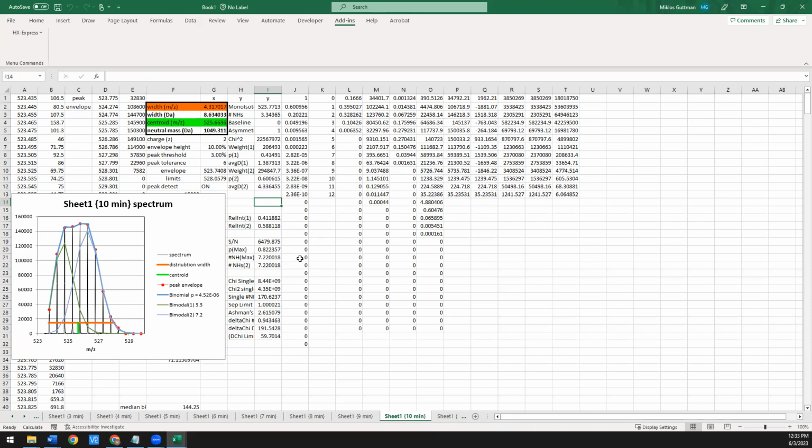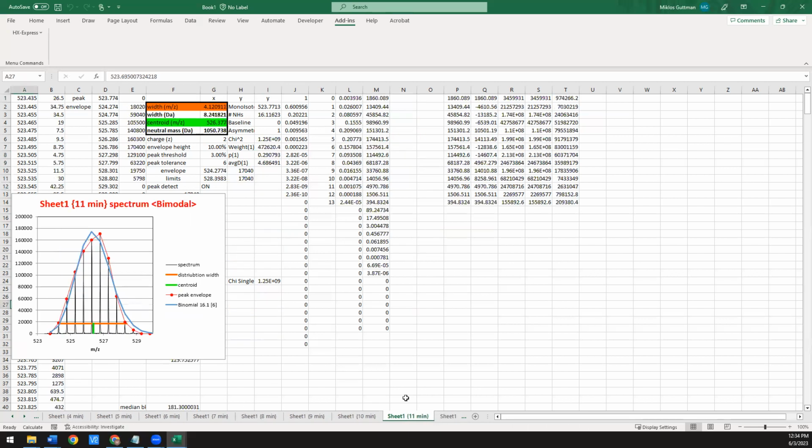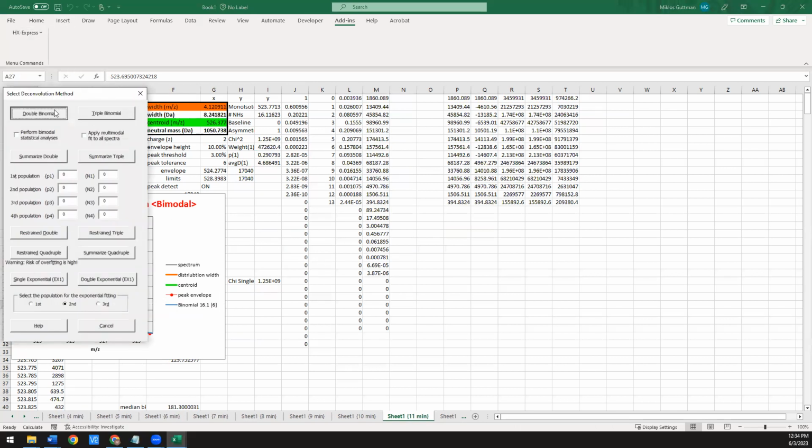So one thing you have to really be mindful of is no matter how you fit the data, you're going to get numbers for these. However, you might not necessarily be able to trust those numbers. And we'll see an example of that in a second. So for example, here, this is also a bimodal. This is a mixture of something that was 50% D2O or 100% D2O. If we apply the double binomial, we will see that, yes, it's going to be able to fit two populations. They're probably going to fit really well. We may even have a p-value that's highly significant,